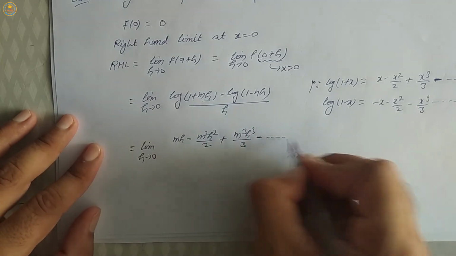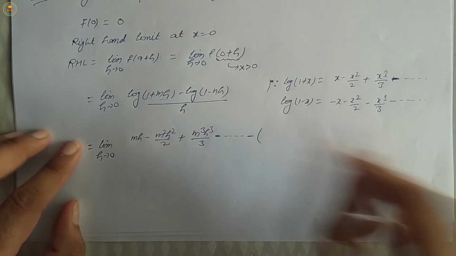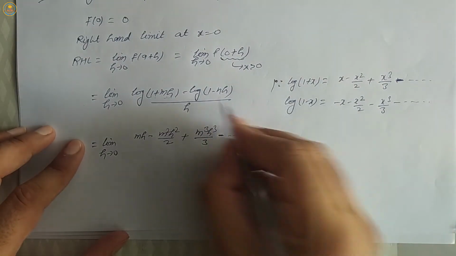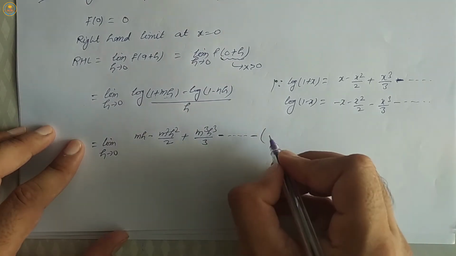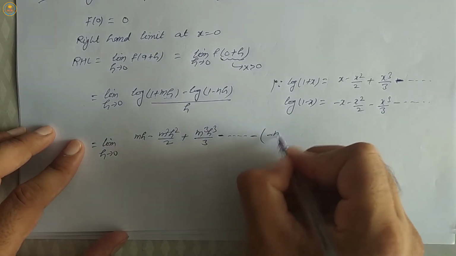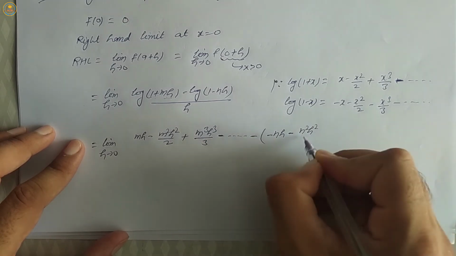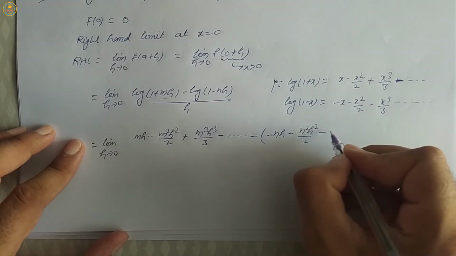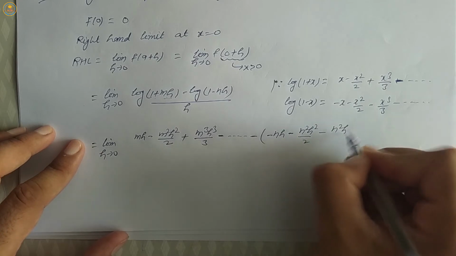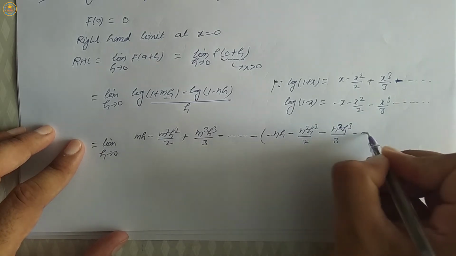Minus log(1 minus x), it means x is equal to nh: minus nh minus n square h square by 2 minus n cube h cube by 3 minus and so on,